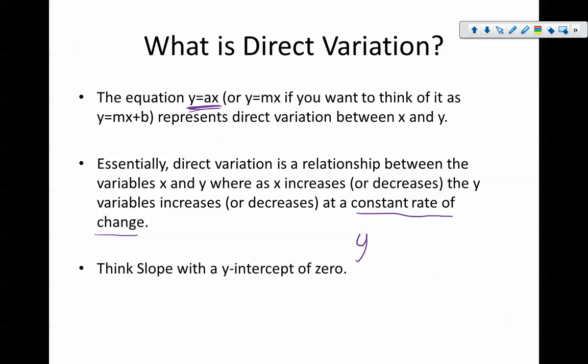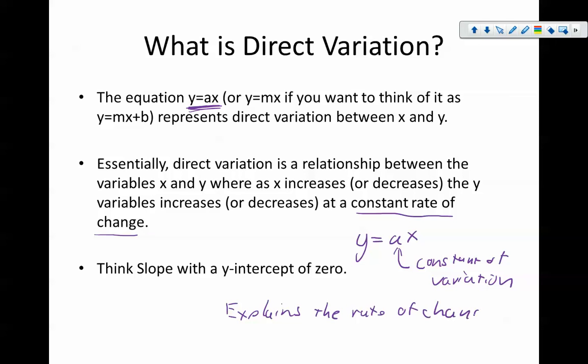So the big idea of direct variation is that you have this a value right here, which we would know as slope. We're going to call it the constant of variation, and all it really does is explain the rate of change. So if we have y equals 3 times x, what this is really saying in terms of direct variation, since there's no plus or minus anything else happening here,